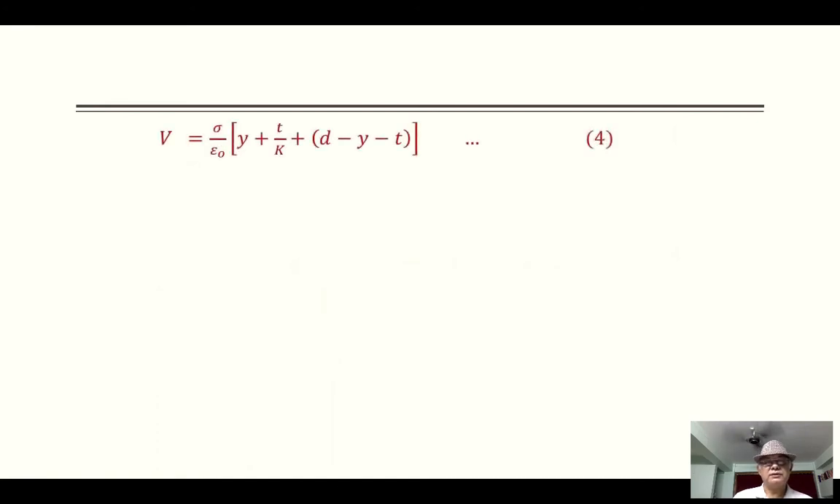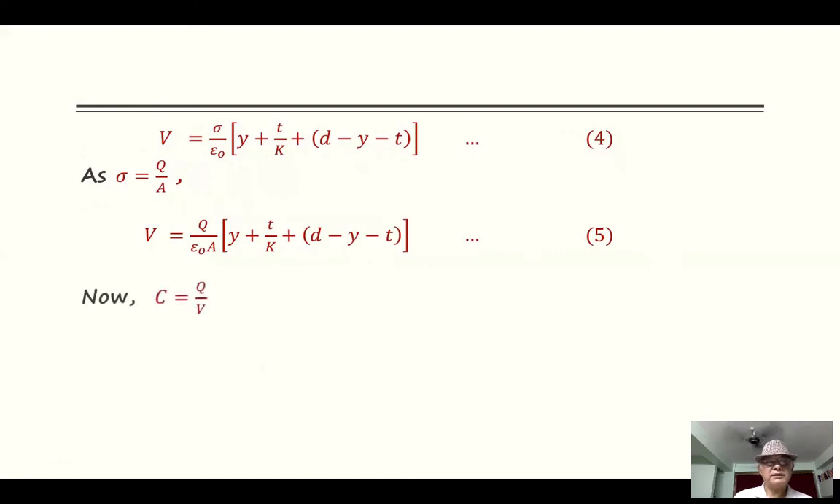Further simplification leads us to equation 4. As charge density sigma is equal to Q by A, we get V equal to, as given by equation 5. Now, capacitance C is equal to Q by V. Substituting Q by V, we get